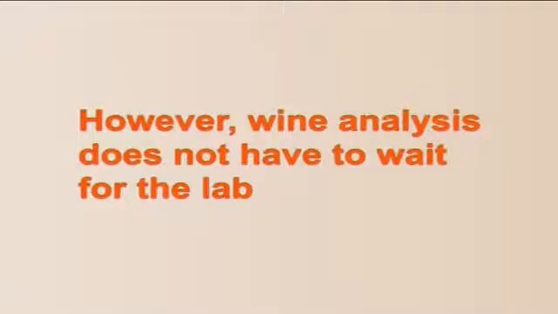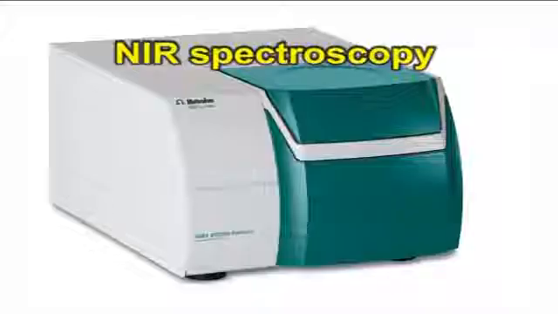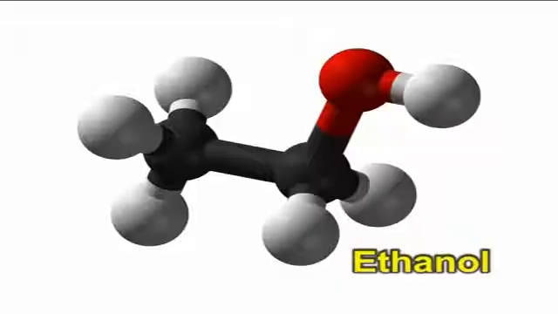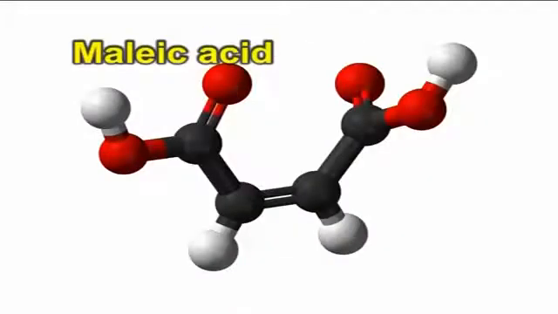In regard to color, a white wine may begin to look more gold than green as it ages, and red wine appears more brown. However, wine analysis does not have to wait for the lab. It can actually begin on the vine. NIR spectroscopy can be used in this instance to determine color quality and phenols just through the skin of grapes in the vineyard. An NIR spectrophotometer is able to determine ethanol, glucose, fructose, malic acid, volatile acid, total acid and pH in finished wine or under fermentation.